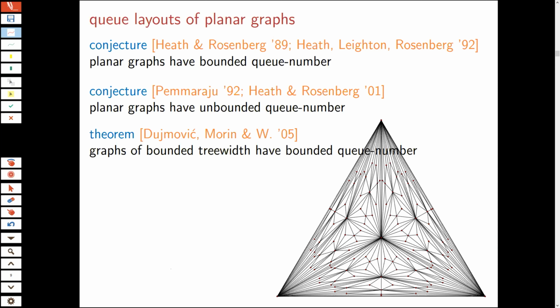But one of the first papers that Vida, Pat, and I wrote on this proved that graphs of bounded tree width have bounded Q number. And this graph family shown on the right here has got tree width 3. So by this theorem, they have bounded Q number, and that disproves the conjecture of Pemmaraju. It's not obvious when you stare at this graph family what is the right Q layout. You really need to go through the entire proof for bounded tree width to see what's going on. It's not an intuitive thing, but this family does have bounded tree width, and it turns out that they even have Q number at most 5 by another result that I'll mention later.